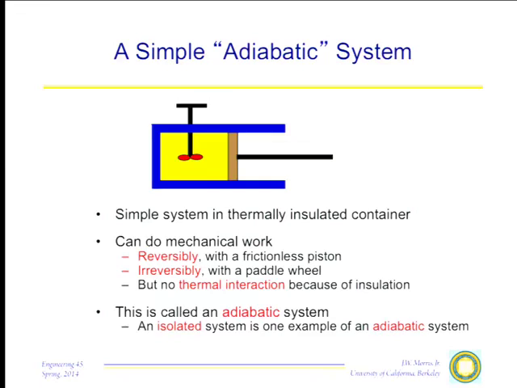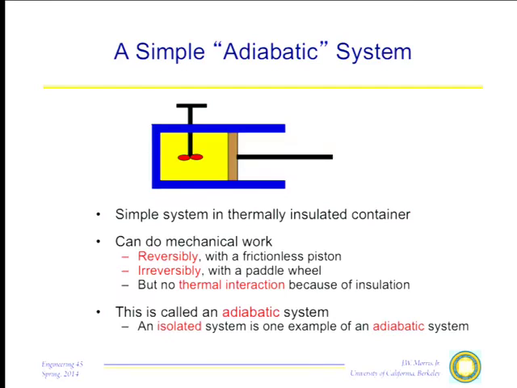Now, there are two different ways that we can do mechanical work on a system. The simplest one to visualize is just a gas in a container. We can do work on that gas in two ways. We can arrange a piston here, imagined to be frictionless, so that we do work on the gas by moving the piston. That work can be reversed because the gas can expand against the piston and push back on it. The second way of doing work is what we call irreversible work, and that's with a paddle wheel or stirring rod. We can do work on the system by stirring it, but the system will never do work on us. That is, the system will not spontaneously turn this paddle wheel and do work on the universe. So we have these two different ways of doing work.